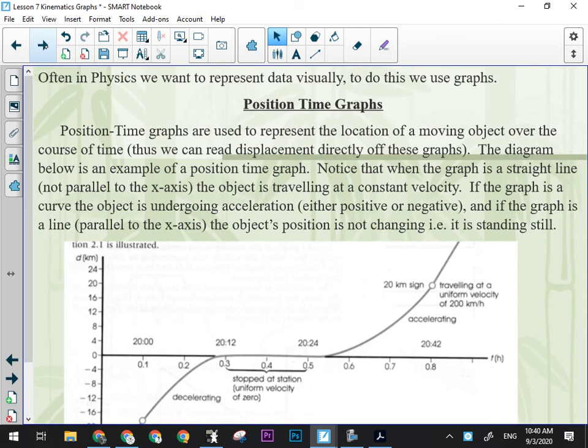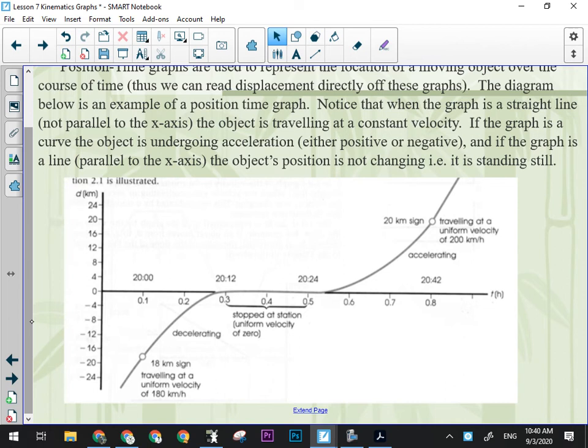All right, so for a position versus time graph, one of the things you're going to be expected to do is be able to look at a position time graph and interpret from its shape what is happening on that graph, and basically from any graph, okay? What is going on in that graph? So a position versus time graph tells us where the object is at various points in time. That's what can be read directly off the graph, okay? So if I'm looking at this graph here,